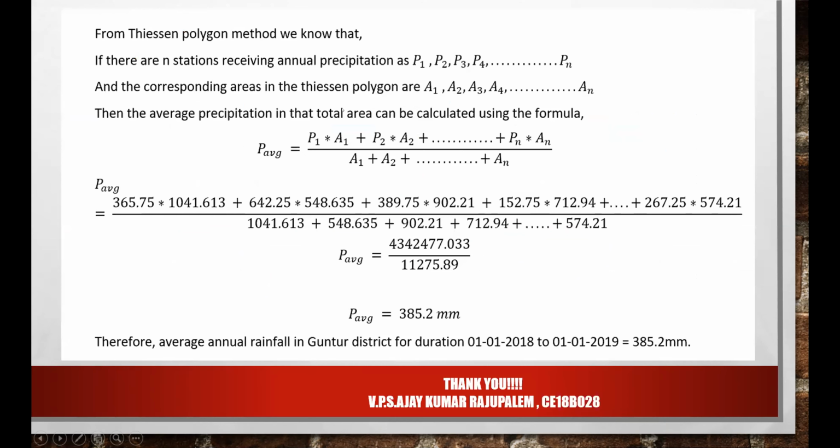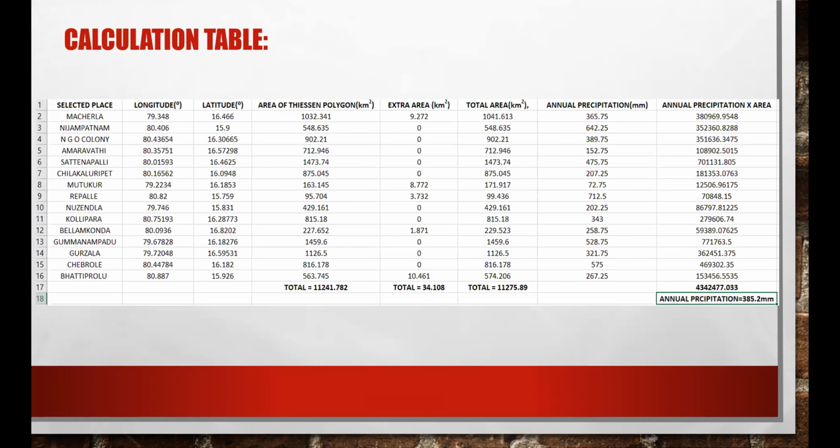Then this is the calculation. We know that the formula is this, and after substitution, we'll get this. 385, does that sound low to you? Yes, sir. Can you go back to the table? Let's look at, there's a 72. Yes, and then there's even a 200. Even 200 is 150.